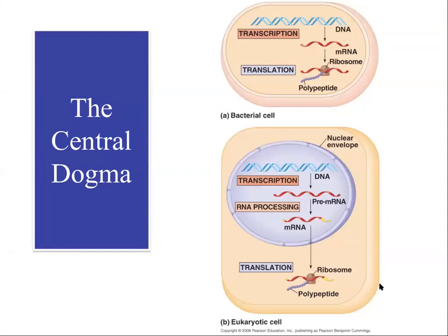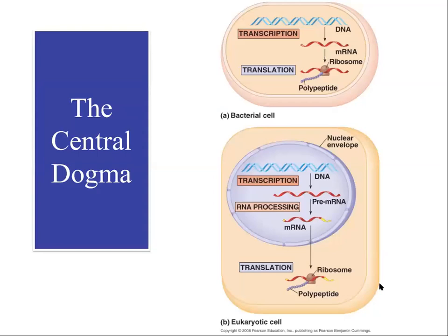Now that we have identified DNA as the molecule of heredity and looked at its replication, of how you get DNA into the next generation, the next question is, how do we actually use DNA? How does the cell do something with DNA in order to make something happen? The big answer is that the cell is going to use the DNA in order to make proteins, because proteins are going to be enzymes, and enzymes are going to control every process that goes on